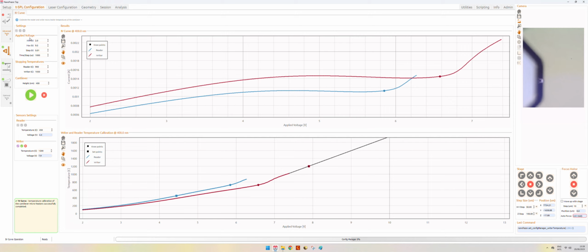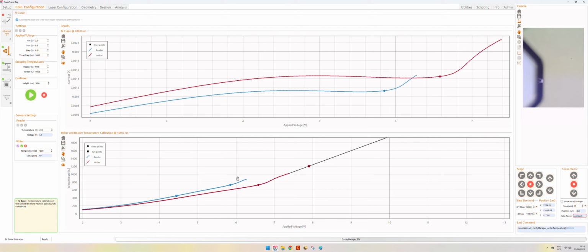You can also see in the applied voltage and stopping temperature menu which are the temperatures at which we stop the calibration. And if you're really interested in getting the most precise value of the temperature given a certain applied voltage above these two temperatures for reader and writer, which are preset values, you can always modify them. But in order to preserve these two resistances as long as possible, we recommend to keep these temperatures as they are, and they will always be at 900 and 1050 whenever you turn on the NanoFrazor software.